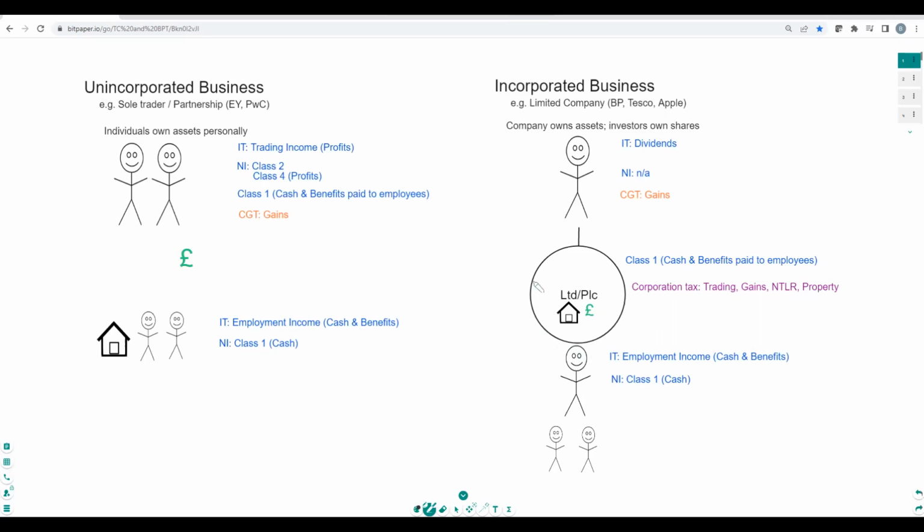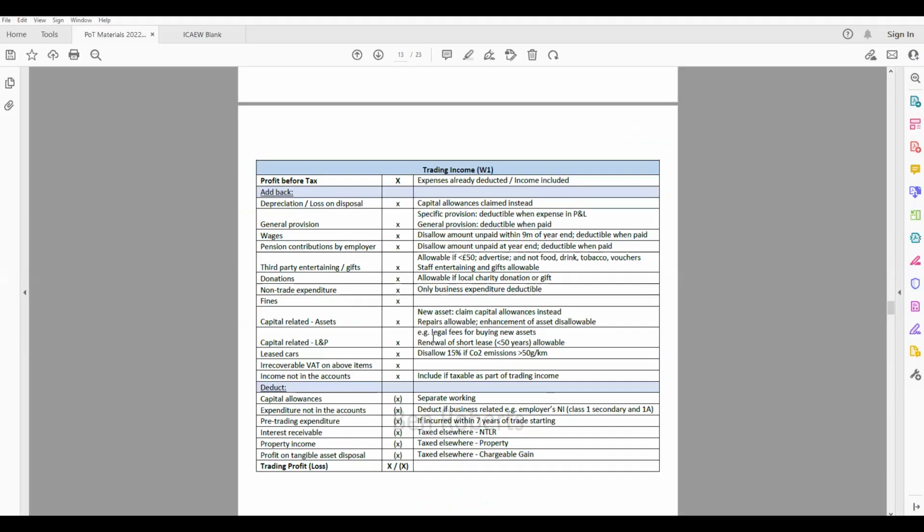It's the employee's issue if the employee is then using that car or costs in a private capacity, but the company would never get the cost of those items restricted for private use. And that probably is the main fundamental examinable point that does come up quite a lot in the question bank.